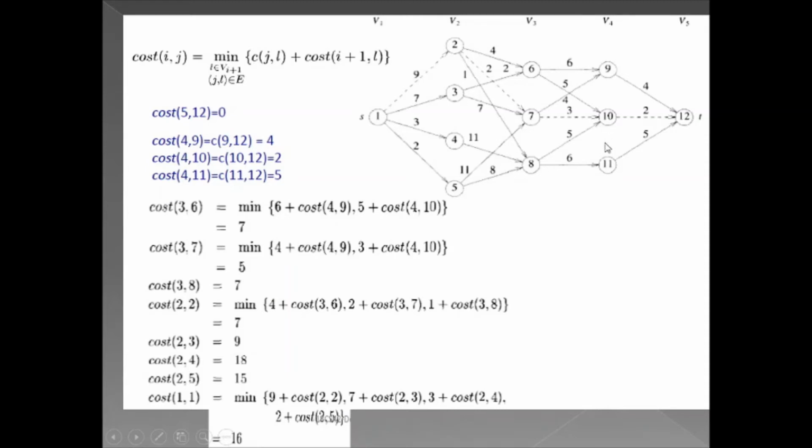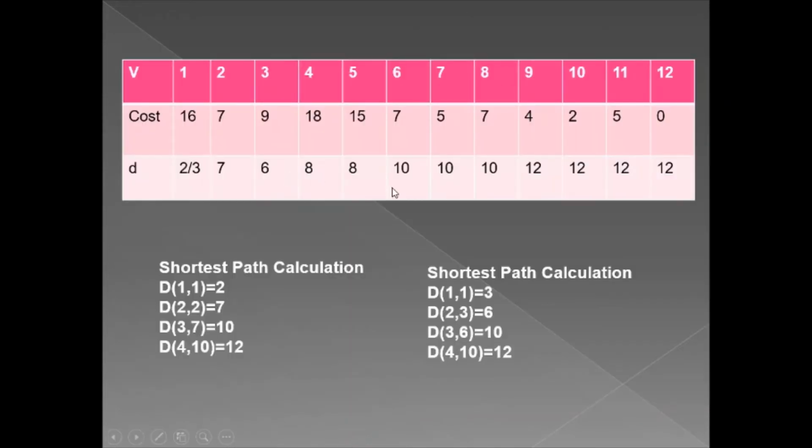So among these three we have got 4, 2 and 5. Simultaneously we are going to record that in a table. So for 9, 10 and 11 we have found the minimum costs of 4, 2 and 5, and these minimum costs are obtained by connecting to the 12th node, hence we are going to write this 12 in the table.